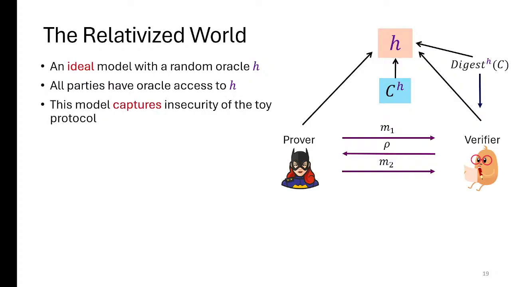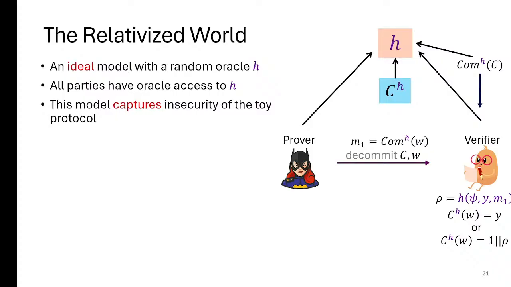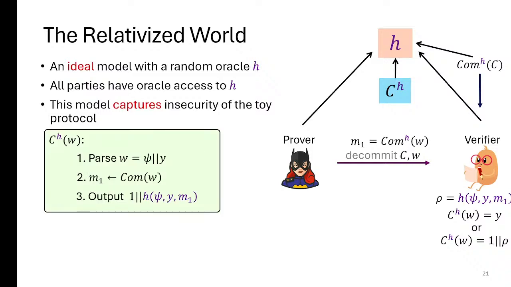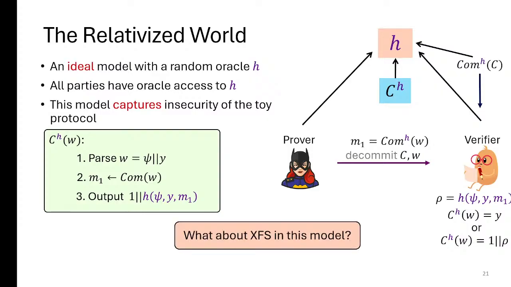And this captures the insecurity of the toy problem, because if you go through everything that we did, the commitment could just use the hash function. You can think of a Merkle tree. And the verifier only uses the hash function in a black box way. The circuit also used the hash function in a black box way. So everything in the attack holds in this model. So this toy problem works. Again, in this model, no succinct proofs exist, but this proof is just not succinct, and that's why it makes sense.